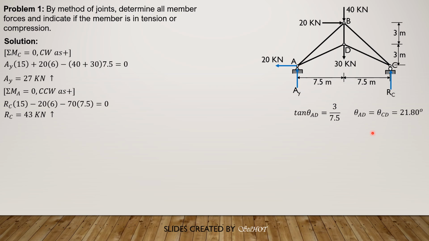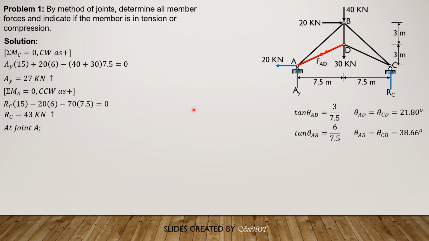Likewise, tangent of theta AB is equal to 6 over 7.5. Then theta AB equals theta CB equals 38.66 degrees. Now we isolate joint A and we set up two equations of equilibrium, namely summation forces x equals 0, then